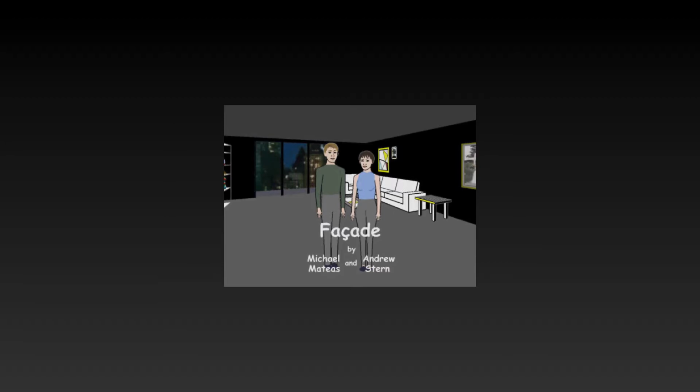Facade is an interactive drama game by Michael Mateas and Andrew Stern, published in 2005. Its story world comprises a get-together of 3 people, a married couple who are computer-controlled characters, and the player who is an old friend of the couple. The events take place in the couple's apartment, and the theme of the game is the broken-up relationship of the couple.